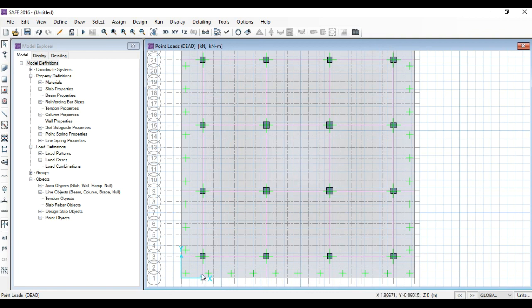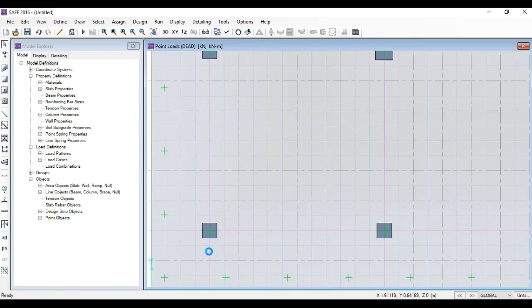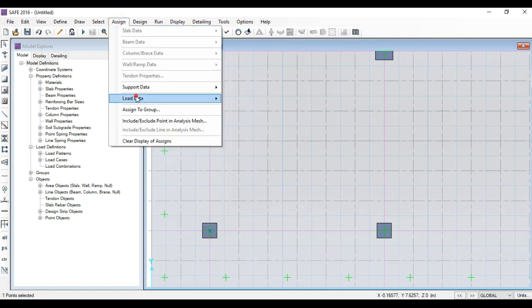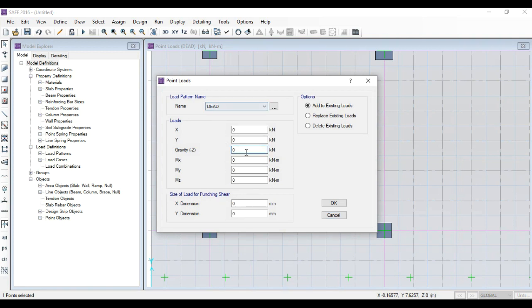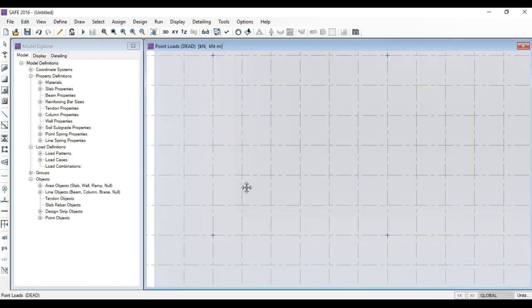So now we will apply the dead load on the peripheral columns. So select the center of the column, go to assign load data, point load. Then you select the dead load, apply the load of 1770 for that particular column from the table that we have already seen, and change the size to 500 by 500. Click OK. Similarly, go for the next column,